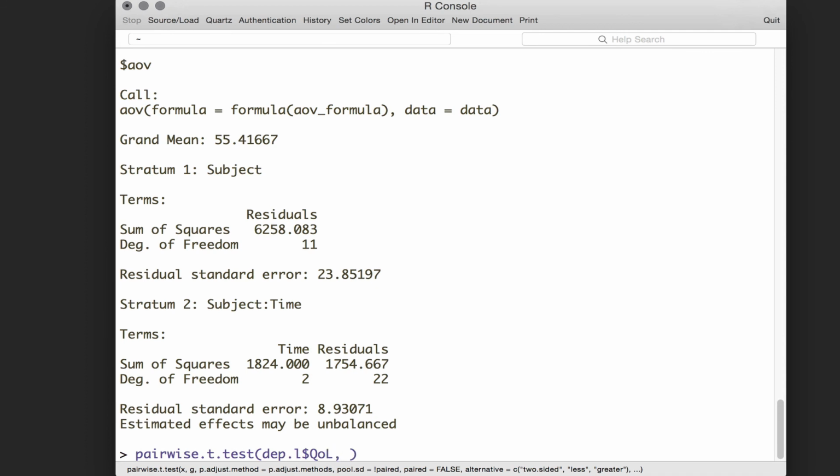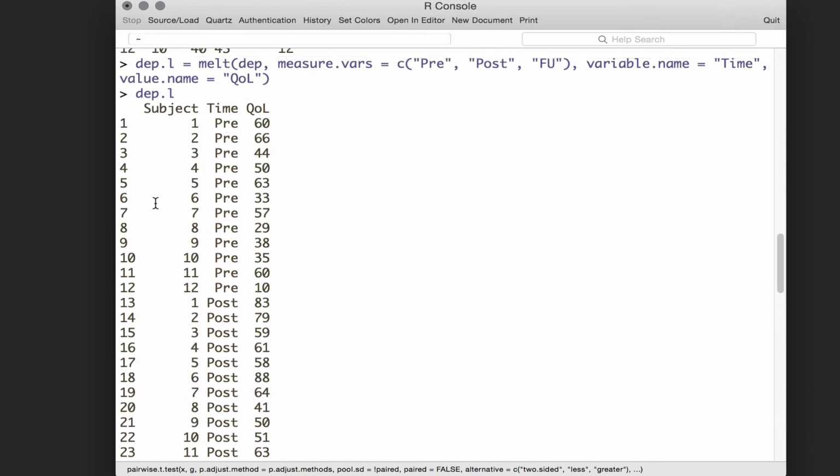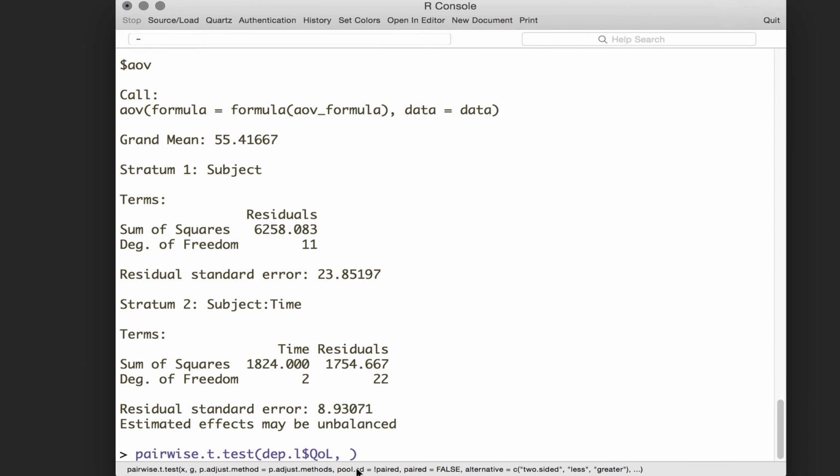So the next thing it's going to ask us for is how does it know what different tests it wants to do? What groups are we comparing? Well, if we go back a bit, our different groups are contained within this time variable. So using the same notation, we're going to say dep.long$time, that would do a t-test and compare each of our different groups,